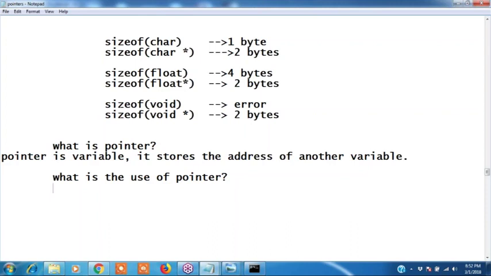If you store the address, what is the use? We can access the data through a pointer in a very fast way. That is the use of a pointer. Example, I will tell you. I give you one person: go and meet Subbarao in Kukatpally.